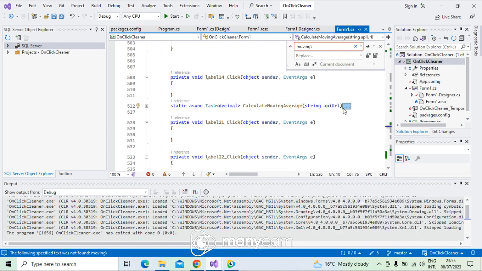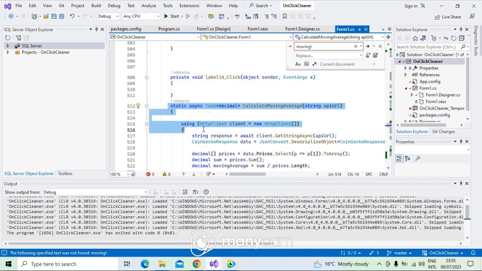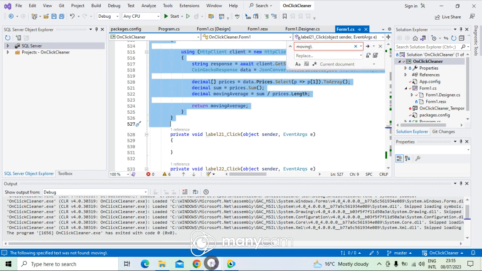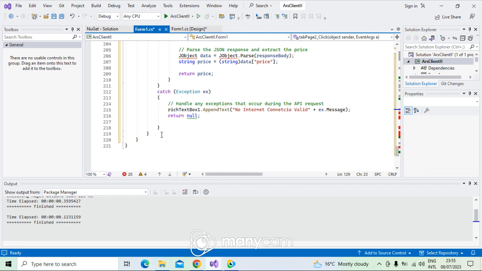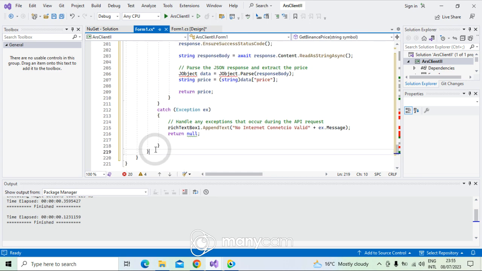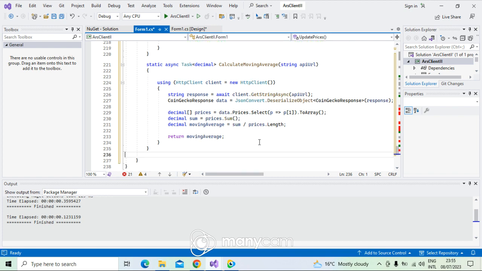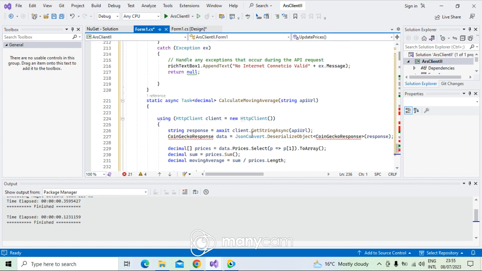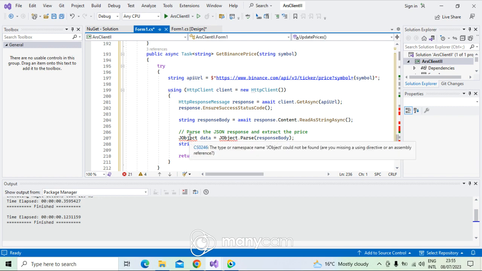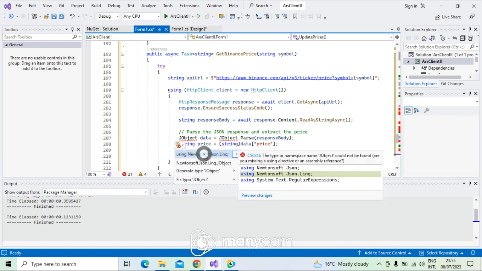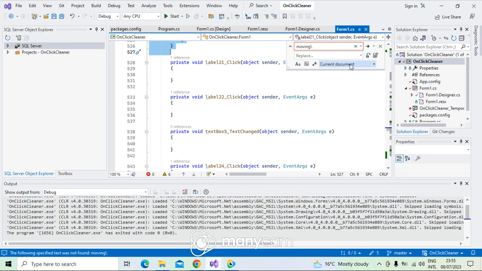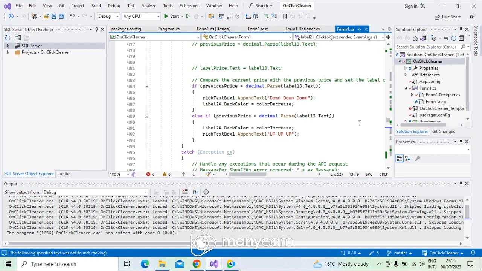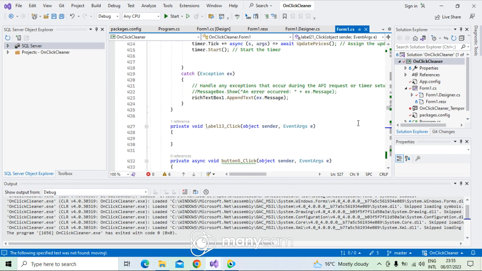Okay, this is async method again. I'm going to copy the static method and put it just somewhere outside this application here like this, and JSON object using JSON CoinGecko response. I'm going for CoinGecko. We have a method here. If it's okay, update prices, get Binance price,